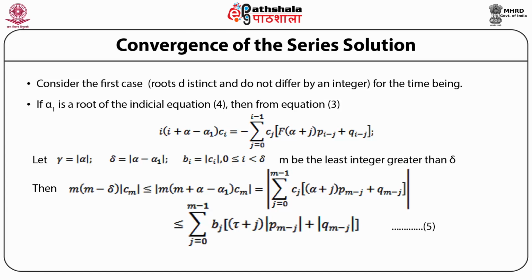j going from 0 to m minus 1 Cj within the brackets (alpha + j) multiplied by p_{m-j} plus q_{m-j}, brackets close, which is less than or equal to summation over j going from 0 to m minus 1 bj within the brackets (gamma + j) multiplied by modulus of p_{m-j} plus modulus of q_{m-j}, brackets